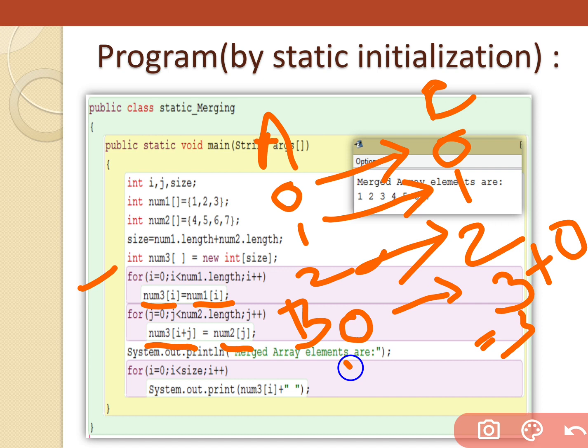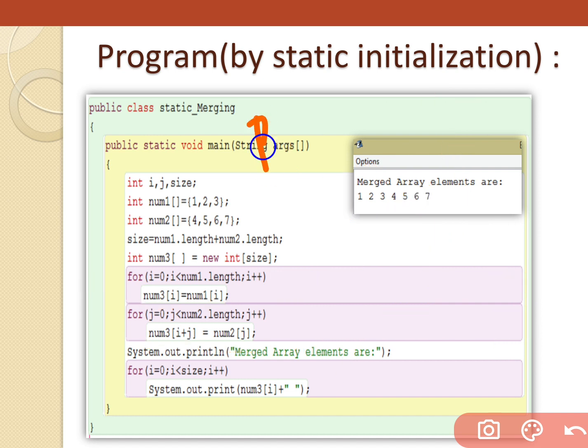When j becomes 1, what are we going to do? B's 0th element goes into C at I plus j.